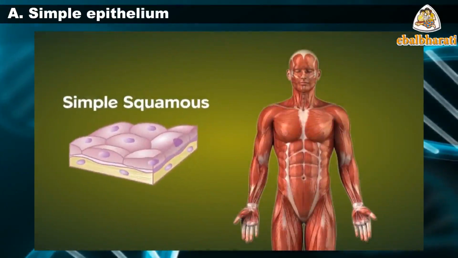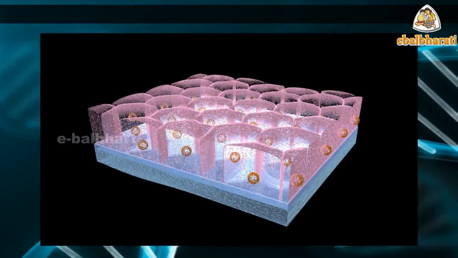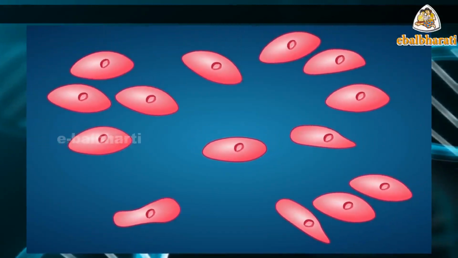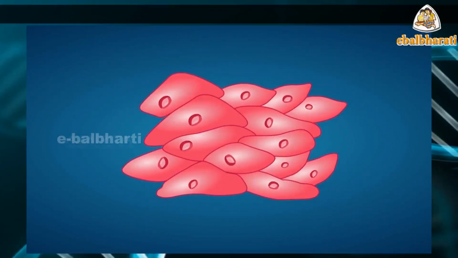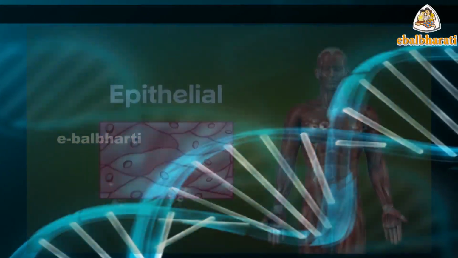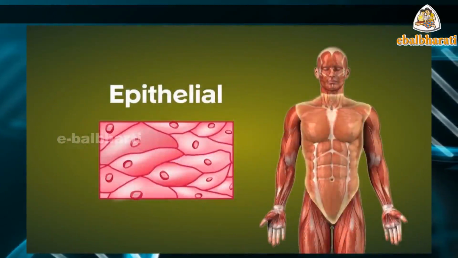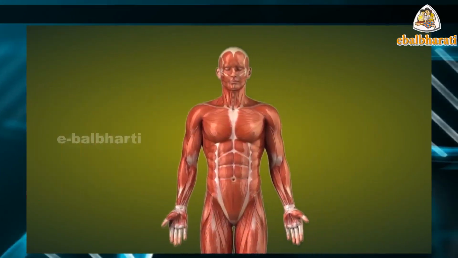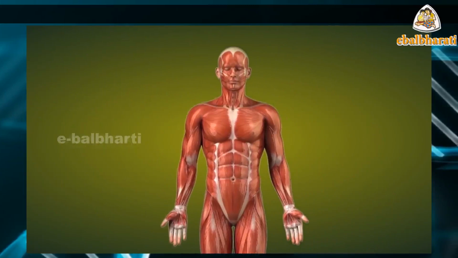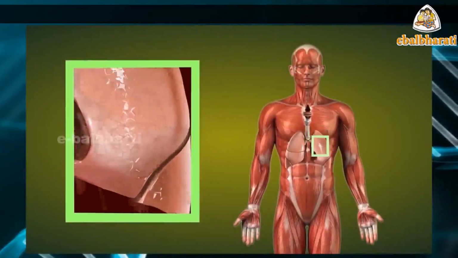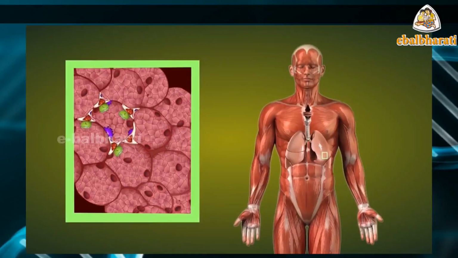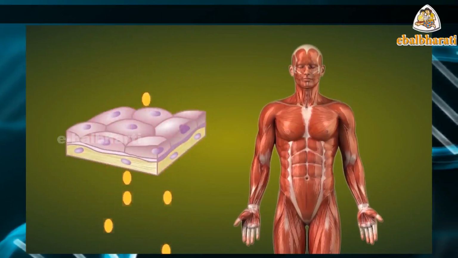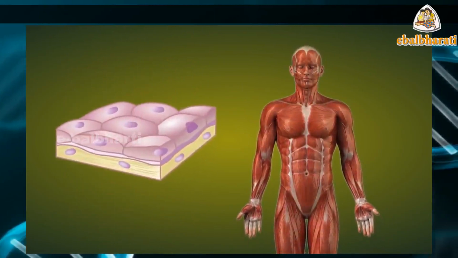Simple epithelium, squamous epithelium. Cells of this tissue are flat, thin, polygonal with serrated margin. Cells of this tissue fit together like tiles of a footpath. Hence it is called pavement epithelium. A prominent spherical or oval nucleus is present at the center of the cell. Functions of squamous epithelium: protection, absorption, transport, filtration, secretion. It is found in blood vessels, alveoli, etc.